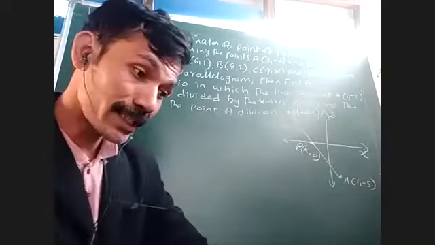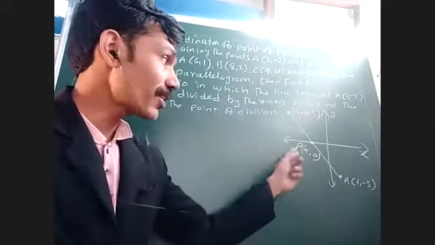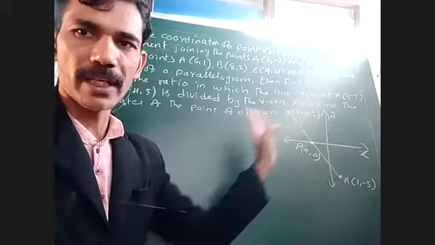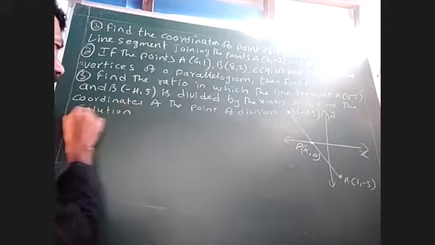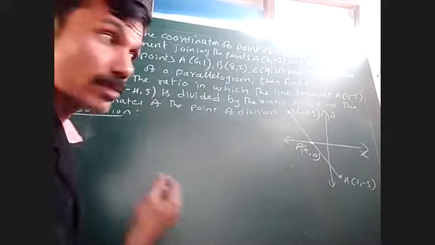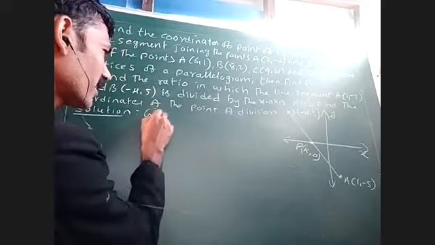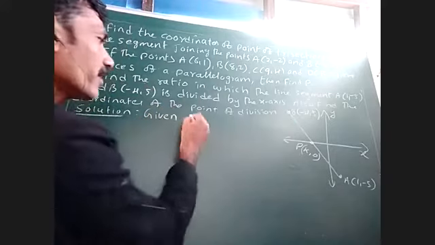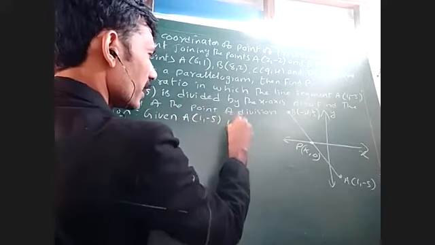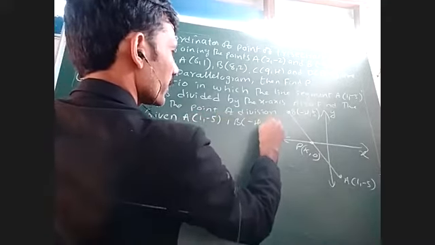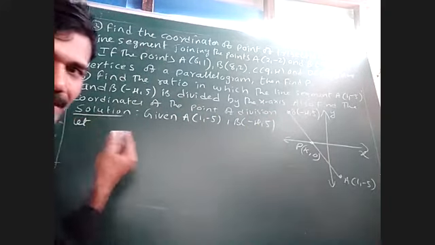So first thing is what? You have to write the given. While writing the solution, each and everything, even the given, will have marks. Don't think that why should I write the given, it is there in the question. Not like that. They can't see. You have to write: given A (1, -5) and B (-4, 5), 2 points they have given. You have to find a point on the x-axis that they did not give.